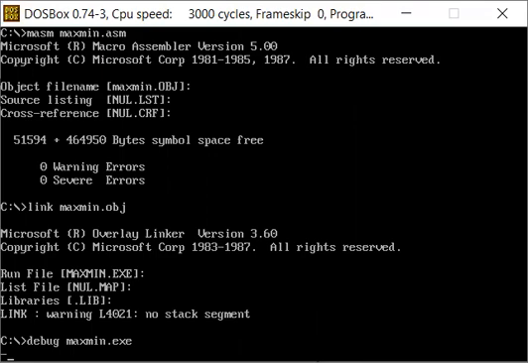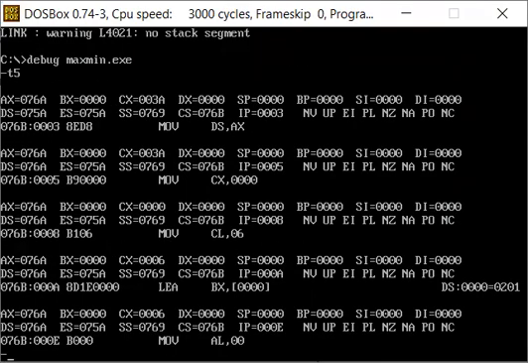the maxmin.exe executable file, and then we hit trace. We use the trace command for executing the code, and we hit T5 for executing 5 instructions at once. And here we can see we have loaded the data segment. We have loaded the starting of the data address into the data segment, and now we have put 6, which is the size of the array, into the CL register.